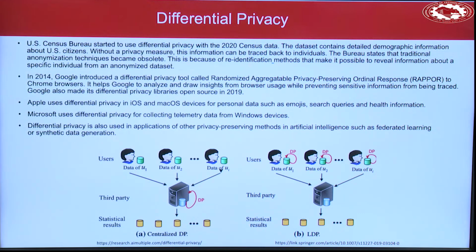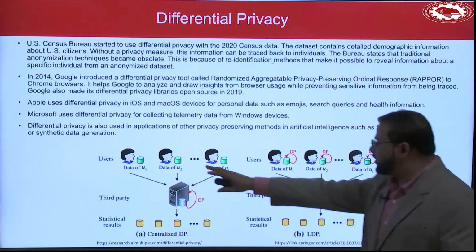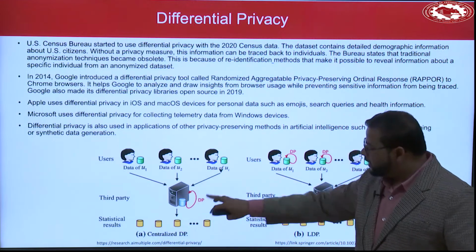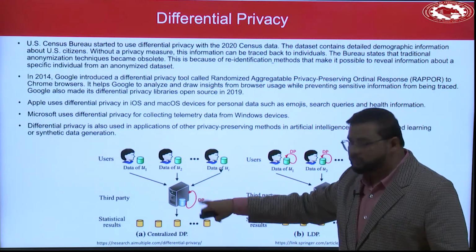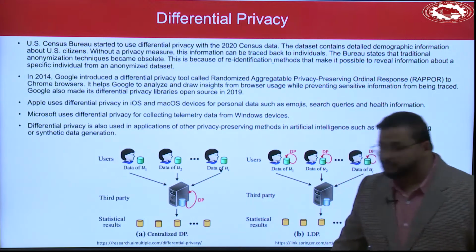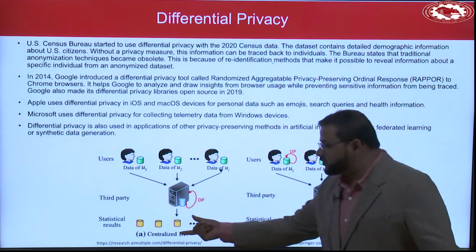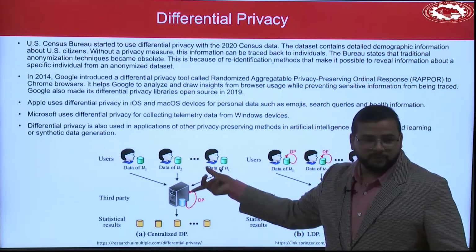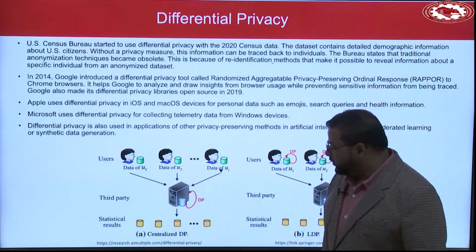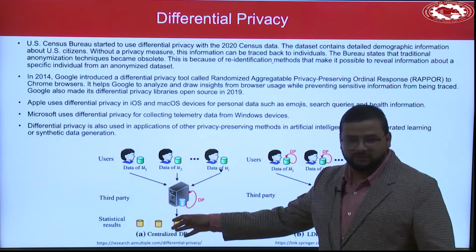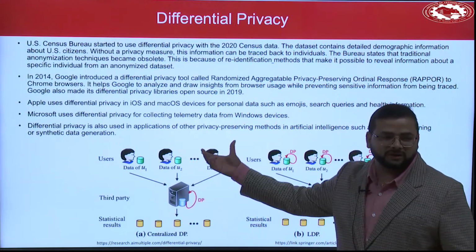So we can do differential privacy in two ways. One, you're collecting data from different users. This is the aggregator or third party, and they introduce noise before performing any statistics. Because sometimes, once you get the outcome of the statistics, people might reveal or get to see something. So we introduce noise so that even if you do some calculation, you won't be able to get it correctly.